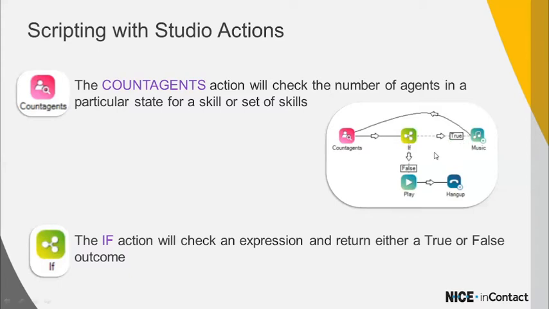After that, you can subsequently play a message if the caller is not available or the agents are not available. You can always play them music like please stay on the line, and our agent is going to get back to you. So it totally depends upon the logic that you are going to use with this count agent state, if it is a true or false condition. If all the agents are available in the queue, you are going to play some music, and if they are not available, you will have to play some music to entertain the customer, so that he can remain in the queue.